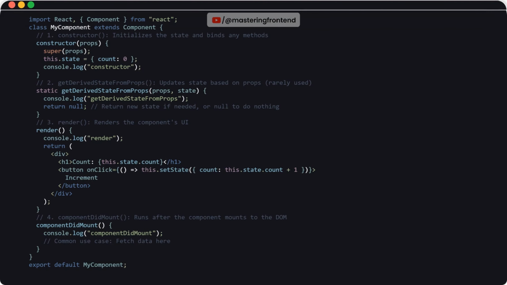Let's see mounting phase 4 lifecycle methods using coding example. This code defines a React class component named MyComponent, which demonstrates the basic lifecycle methods of a React component. In the constructor, the component initializes its state with a count property set to 0 and logs constructor to the console. The static getDerivedStateFromProps lifecycle method is then defined, which updates the state based on the component's props if necessary, though here it simply logs getDerivedStateFromProps and returns null, indicating no state changes are made based